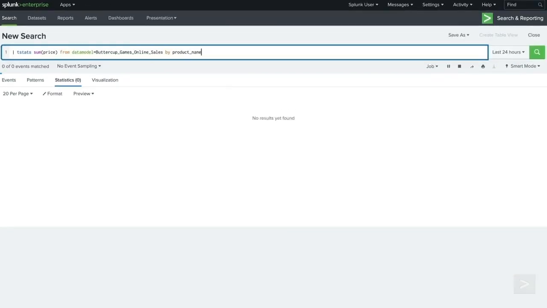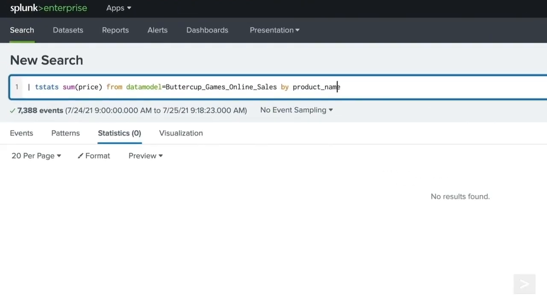And I run it and I get no results. But I just said that if I'm accessing a data model, I should be able to access the fields of that data model. Yes, but I need to understand the data set in the data model that brought that field into existence. In this case,